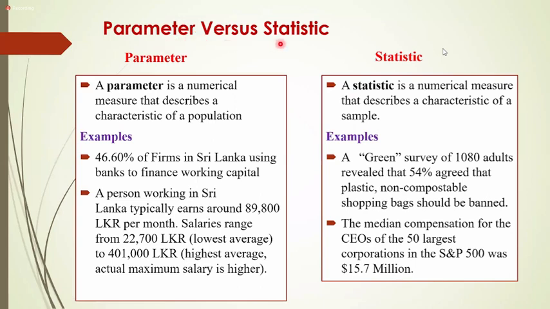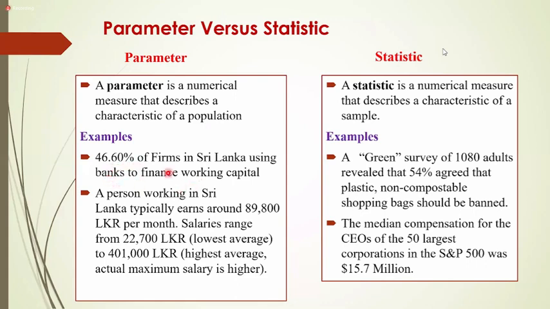Parameter versus statistic. These are another two terms we often look at, parameter versus statistic, right? The first thing you have to look at: the parameter is always related to the population. It is a numerical measure. Simply we can say that a parameter is a numerical measure that is used to describe a characteristic of a population. Now you're looking at